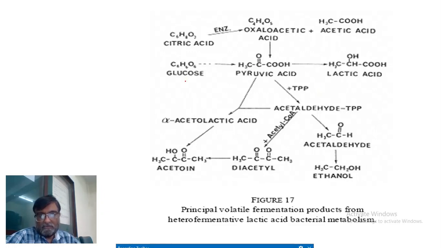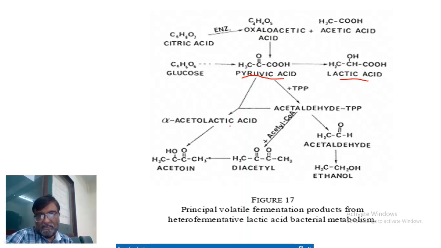From lactose, lactic acid is formed. Another pathway is that glucose turns into pyruvic acid and then into lactic acid. This pyruvic acid has many fates; it can further turn into acetaldehyde